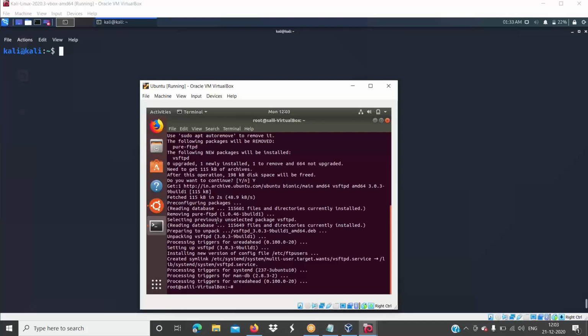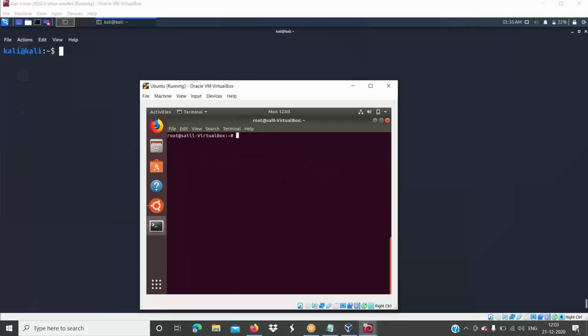Yeah. So FTP is open. Then let's start these servers, like service SSH start, then service VSFTPD start.